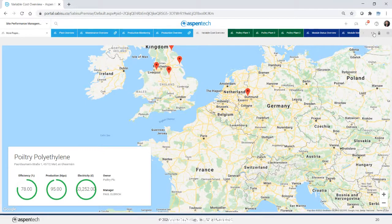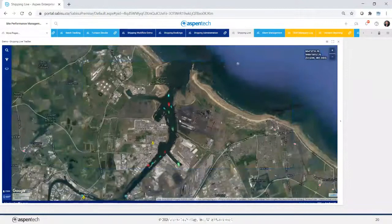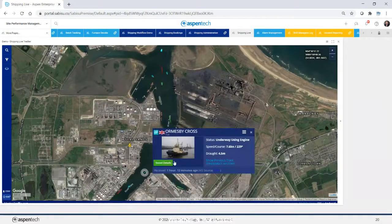Maybe just another one quickly, just on the same scale, because we're going to show you a few of them. But here, for example, is another one that I just wanted to share quickly. If I can just find it here, it is shipping live. So for example, here you've got a lot of moving trucks, or in this case, they're offloading and loading into a big tank farm. So if I go to a specific vessel, because there are vessels that come and do things, maybe take another one,